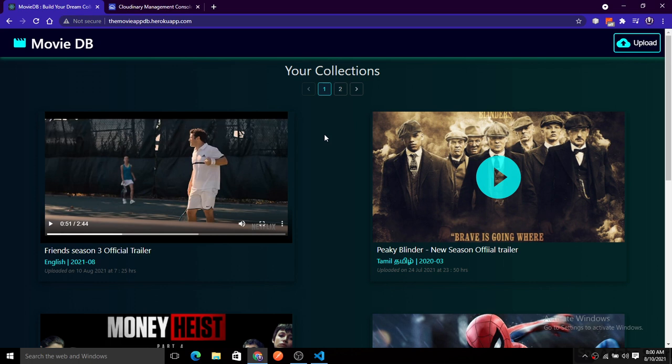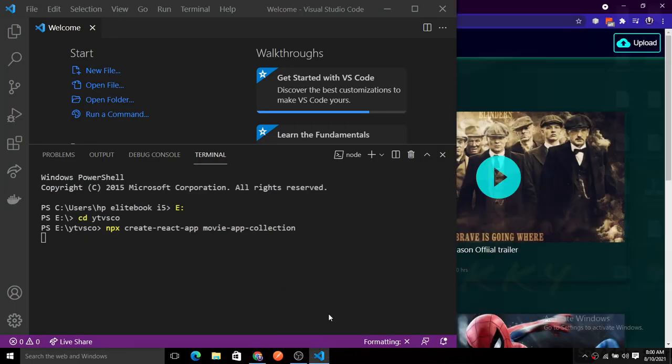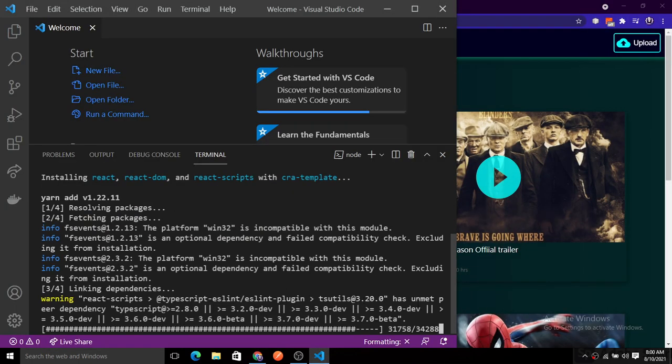And one more thing I will explain in this video is the React player, and how you can use the React player to build this very nice application just like this. So let's go back to our Visual Studio Code and see whether it has started our React application or not. It is still starting, so just give it a couple of minutes to get things done.